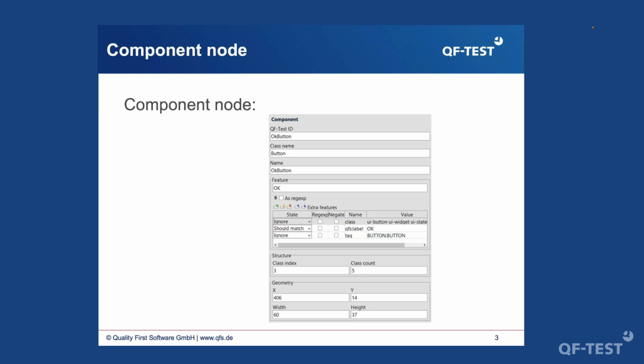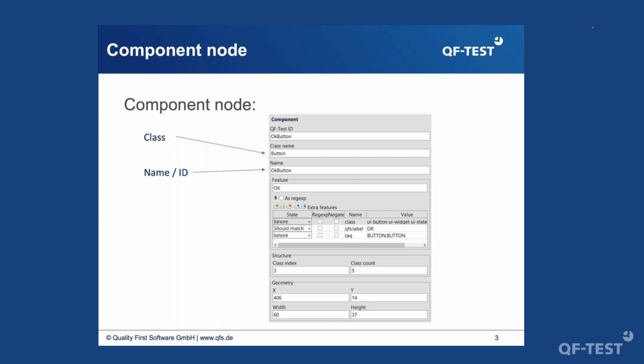Just to go some steps back, since you all use QF-Test already, you are all familiar with component nodes. Imagine you record a click on a button, in this case the OK button. You always get this component recorded and stored under the Windows and Components tree, and in there QF-Test stores all the information necessary to find the component afterwards. So basically, we have a class which QF-Test uses: a button, checkbox, combo box, text field, whatever. And then some additional information is stored, like the name of the component, which is some